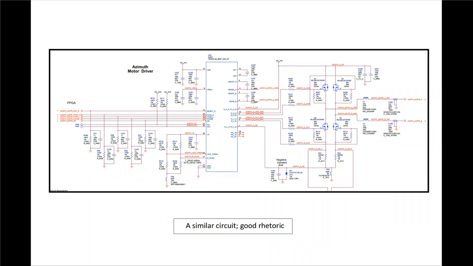Now, while this approach requires more pages to contain a given design, using more pages actually makes the design easier to understand when compared to an overcrowded schematic that tries to cram as many functions, often unrelated ones, into as few pages as possible. So this page we're looking at can be replicated as many times as necessary for a design with multiple motor controllers. That will allow someone who's browsing through the design to grasp what it's about without getting distracted by so much clutter.